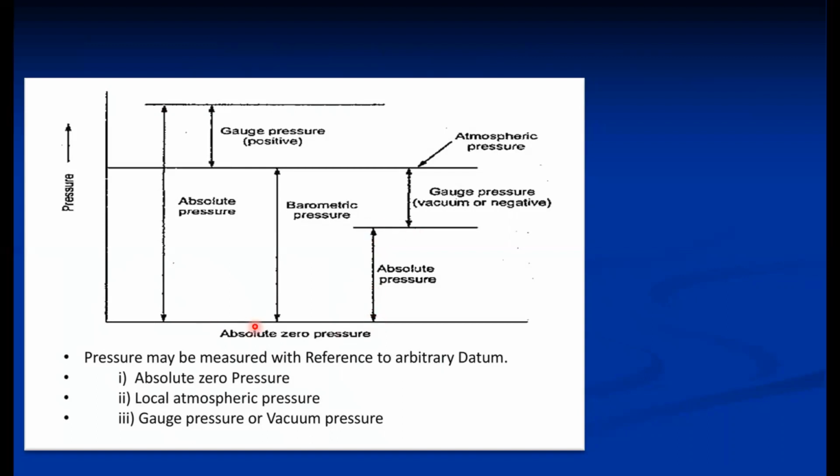So absolute pressure is the pressure measured with reference to absolute zero pressure. If the pressure is measured with reference to absolute zero, this is called absolute pressure when the pressure is above atmospheric. So this is the actual pressure. And this is the actual pressure if the pressure is below atmospheric. And these differences are generally gauge pressures. So absolute pressure minus atmospheric pressure is gauge pressure. Or we can say, in case of positive pressure, we need to add gauge pressure to atmosphere